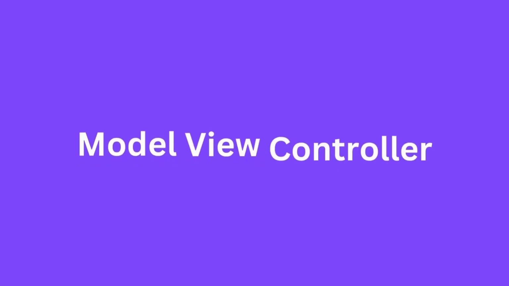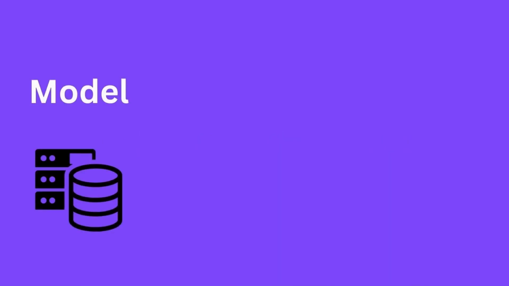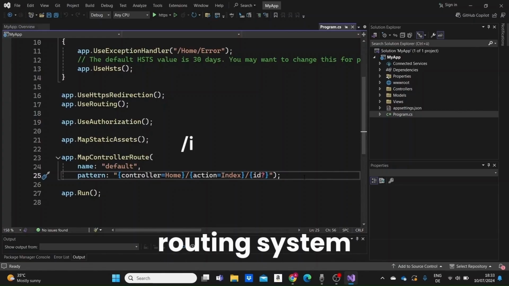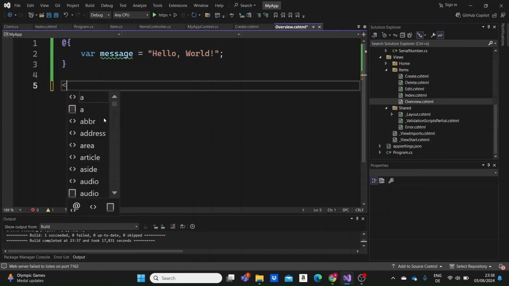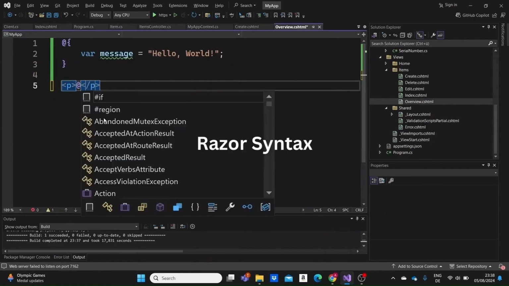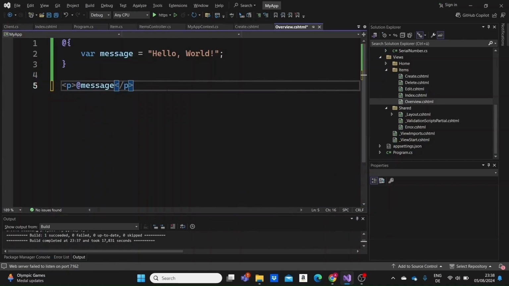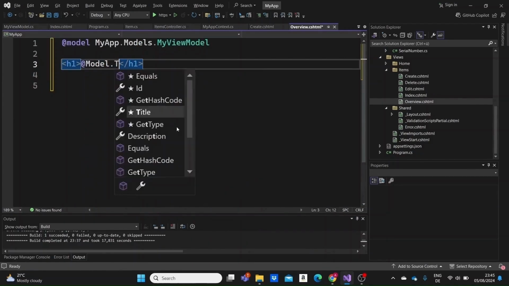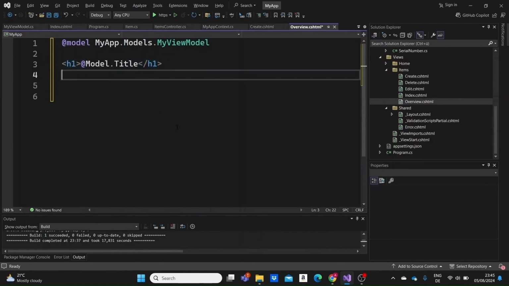Some key fundamentals to focus on are the Model-View-Controller pattern, knowing how these 3 components interact to handle requests, process data, and return views. The routing system, learning how URLs map to controller actions and how to customize routes when needed. And the Razor syntax, the syntax you'll use in your views, allowing you to integrate C# code into your pages. Skipping this essential will make everything feel harder later, but once you get this right, you'll start seeing how everything